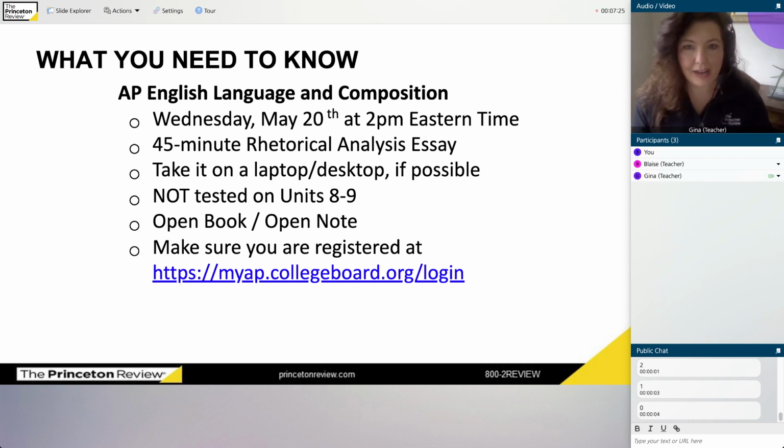However, if you don't have access to that, you do have other options. And I'm not saying you shouldn't take those other options. It's great to take the AP in whatever way you can. But just be aware the preferred method would be laptop or desktop. Now, what will you actually be tested on? Well, the College Board understands that most of you are out of school. You probably haven't been in school for almost a month, right?